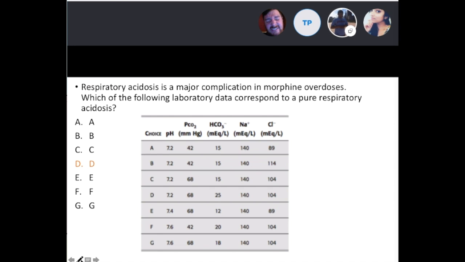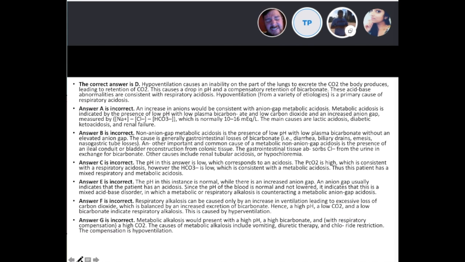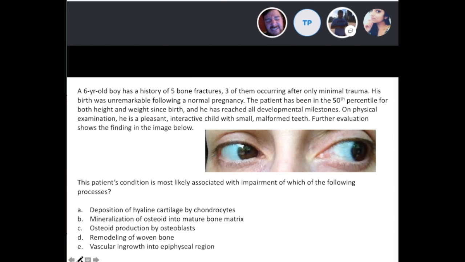D is the right answer. So yeah, you didn't even have to calculate the anion gap. I don't know why they add that in there to throw you off, but your rationale of how you guys broke that down is correct. For respiratory acidosis, you don't need to bother with the anion gap because that's only to distinguish metabolic ones. Yeah, they just try to throw you off with that. Not this group. So you guys good? If you need corrections, I can stop for a second. But I think you guys got that down pat.